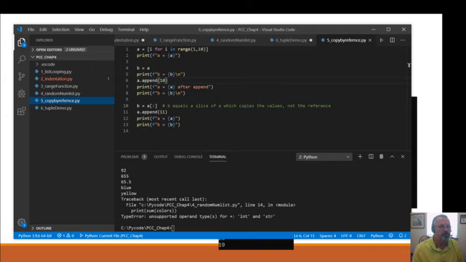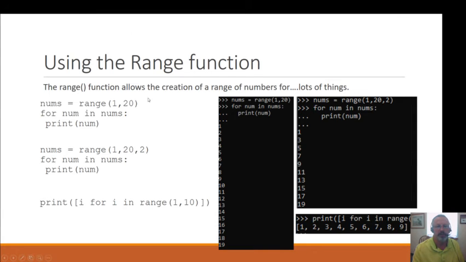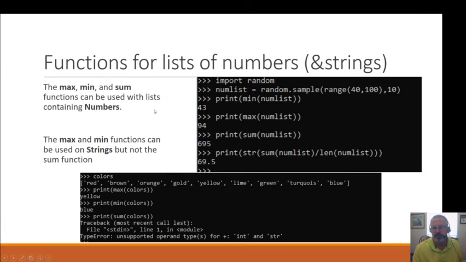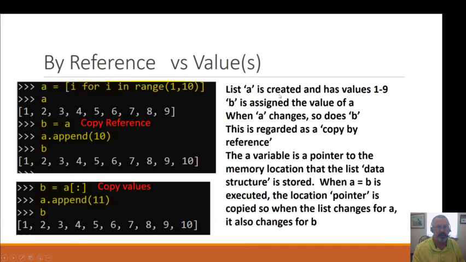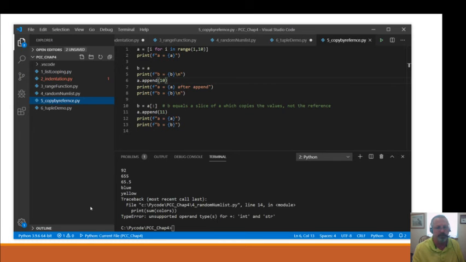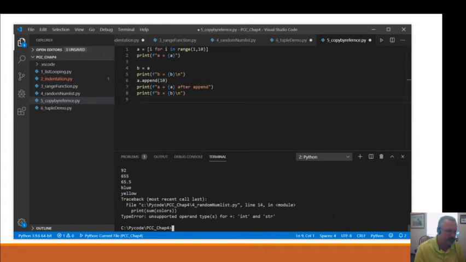Okay, the book also talks about, we already talked about the functions with lists and numbers. Reference by reference and by value. That's how I've always heard it. They talked about copying variables. I've always heard it, you copy by reference or you copy by value. And so they did this simple one here. Let's take it right to here and say, let's just stop it here. Let's go and delete that and clear this.